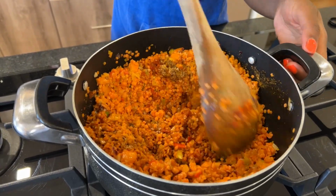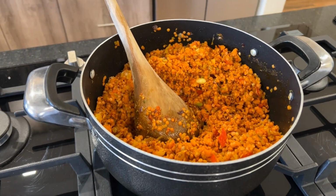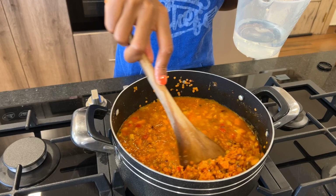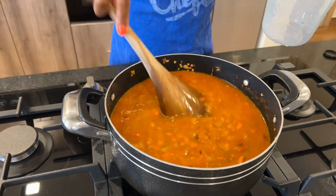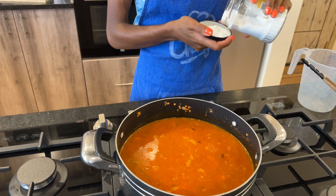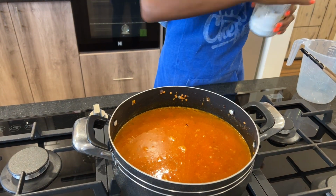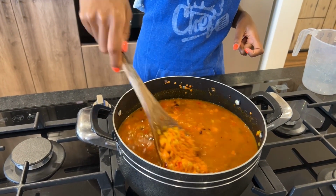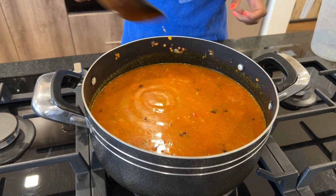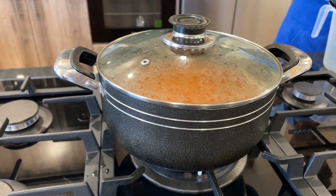Stir a little bit. Then for the 2 cups of lentils, I went with 4 cups of water, or you can use broth. Salt to taste. After that, you can cover, and then when the water boils, just reduce your flame to low heat, and once